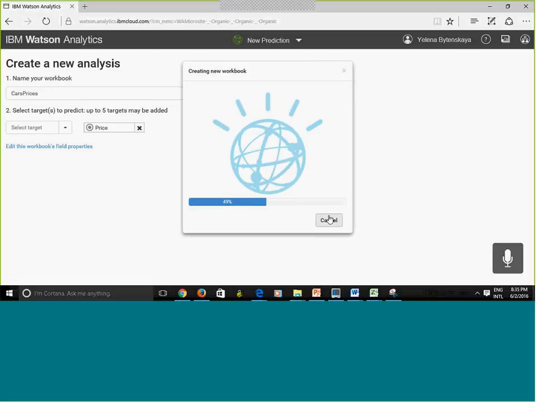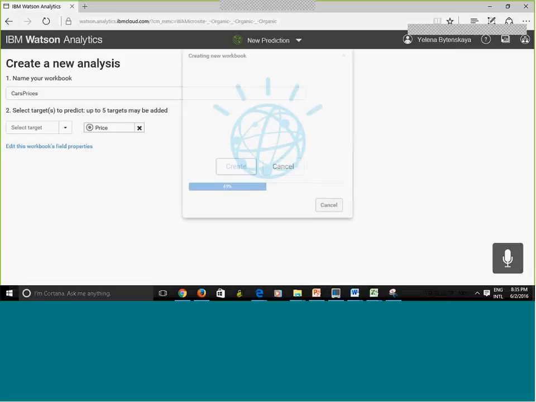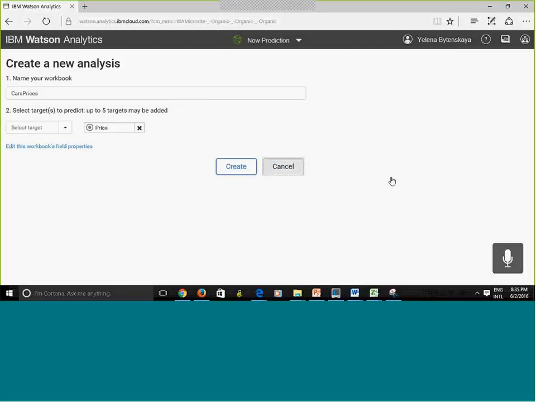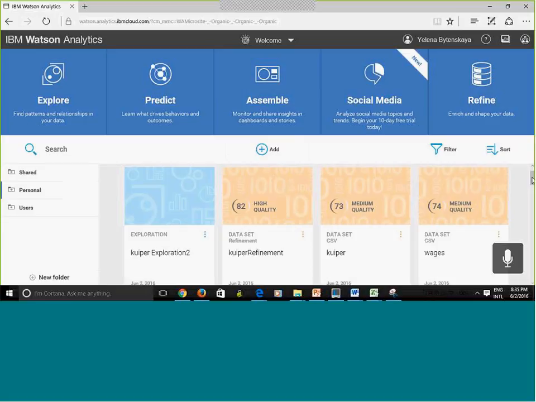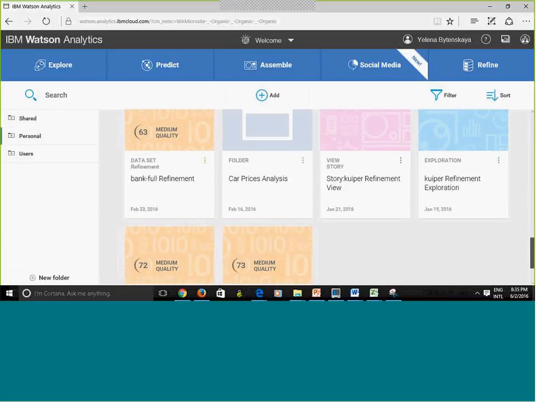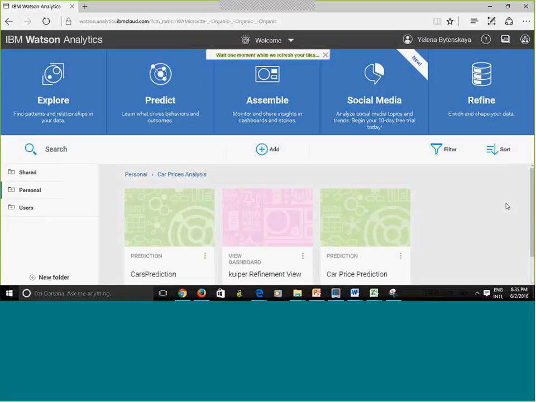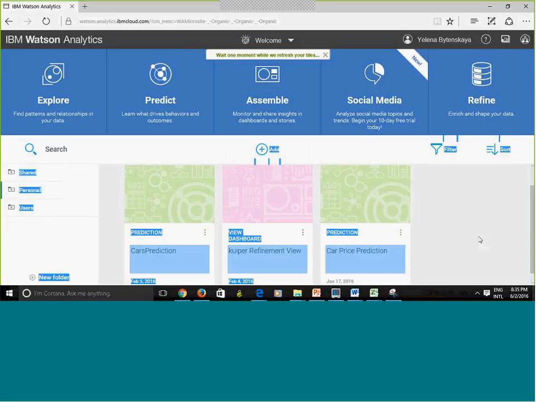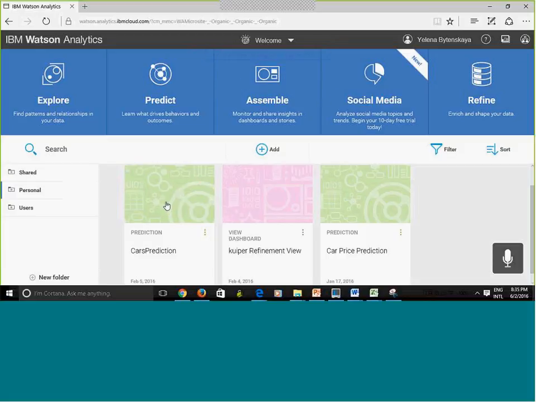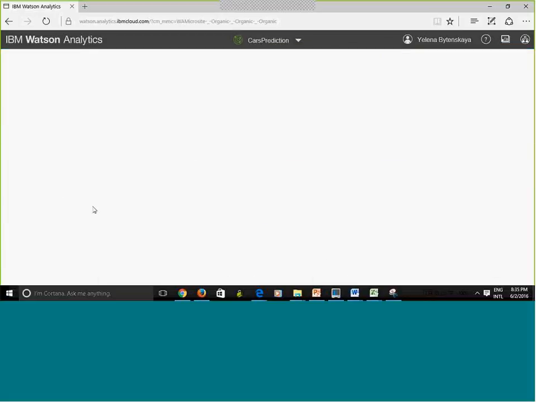Okay, let me see what's going on. I can cancel it. Cancel, and let me see if I have another prediction that I created earlier. Oh yeah. So I'm going to click in here. We're lucky that earlier I created another model.